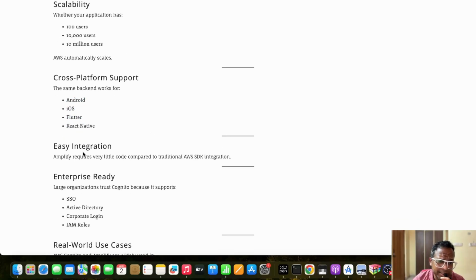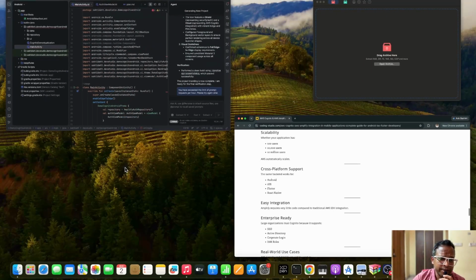Next is easy integration. Amplify requires very little code compared to traditional AWS SDK integration. Amplify helps us make it simpler. If we are not using Amplify and just use AWS Cognito, there are some more steps we have to do. Amplify helps minimize those steps, so it is really helpful to use both Amplify and Cognito together. Okay, then